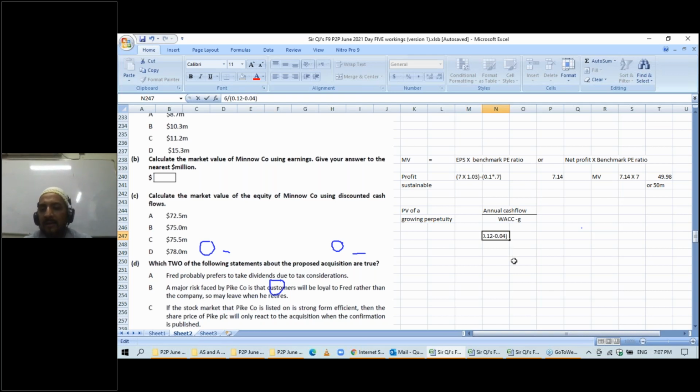So as I said earlier, some people will find the price of a company, the value of a company, using what cash they will be able to earn in the future from that company. So they discount the cash flow with the WACC. So 6 divided by... if the perpetuity is not a growing perpetuity,